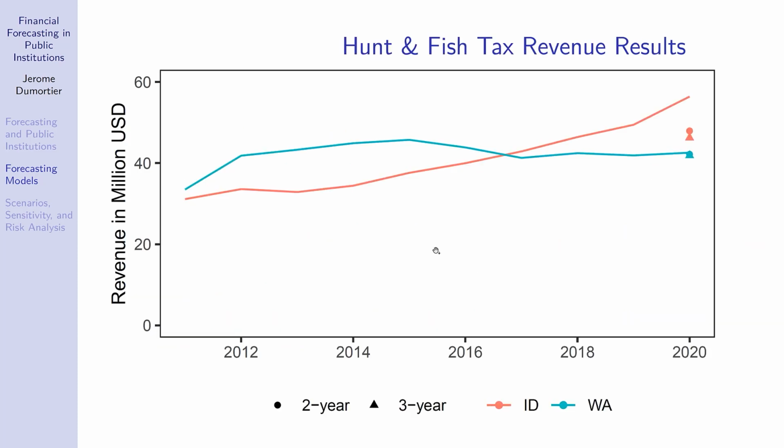Now here on the next slide, I have actually plotted the data series again, but I have also included the forecasts. And so you can see that you have the 2020 actual value for Idaho, which is up here, and you have the 2 forecasted values here. And there's a significant difference between those 2 values. But for Washington, you actually have a relatively accurate forecast because the line remained flat over a long period of time.